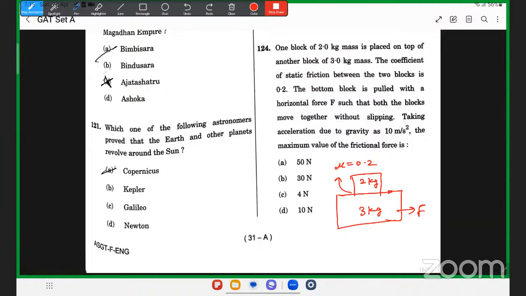तो अगर ये दोनों के दोनों बिना स्लिप हुए मूव करते हैं, तो यहाँ अगर ये इस डायरेक्शन में चलेगा तो इस डायरेक्शन में आएगा फ्रिक्शनल फोर्स। तो हम चाहते हैं कि ये दोनों एक साथ चले। तो जितना फोर्स यहाँ लगा है, अगर उतना ही फोर्स यहाँ लगे फ्रिक्शनल, तो फ्रिक्शनल फोर्स होता है μs N, और फ्रिक्शनल फोर्स होगा μs 0.2 इंटू N। N इज m into g, that is 2 into 10 will be 4 Newton।